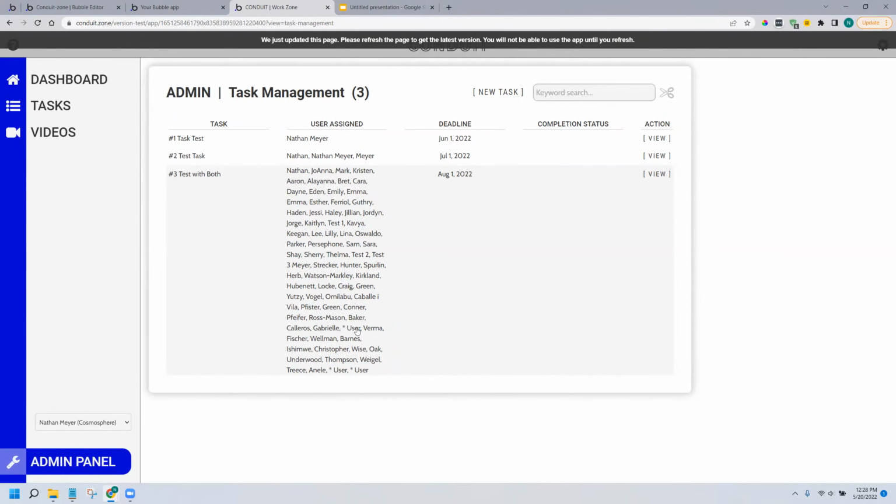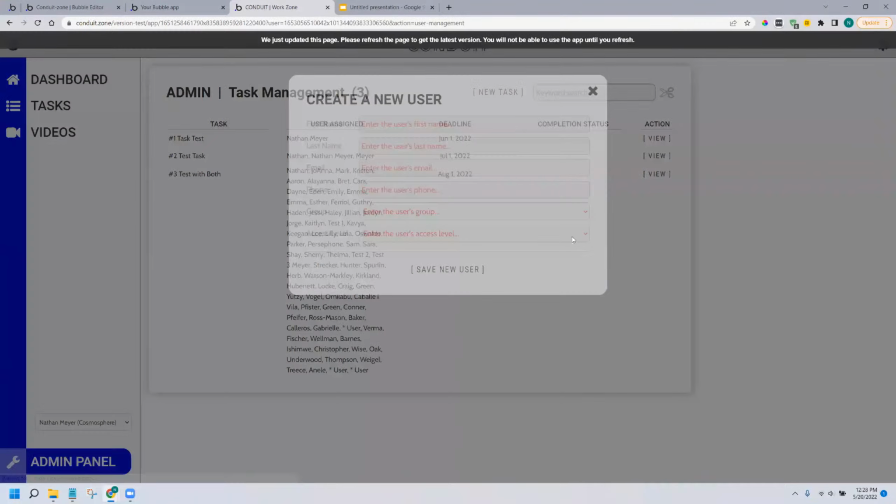So to me, it seems like this ideally should create 35 items in this repeating group, because we've assigned it to everyone, and now I can see has Nathan completed it, or Joanna, or